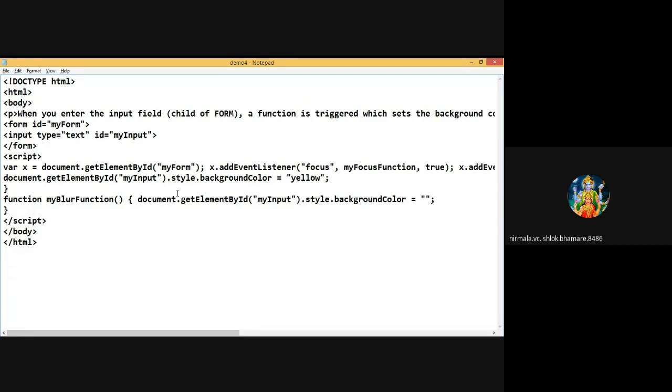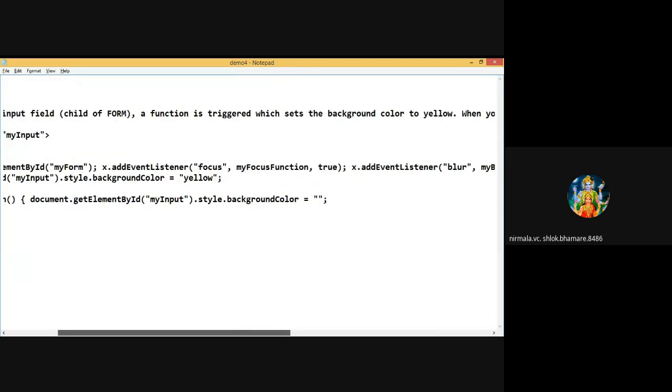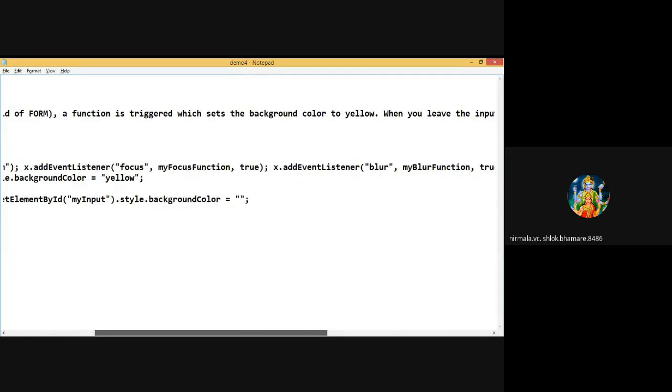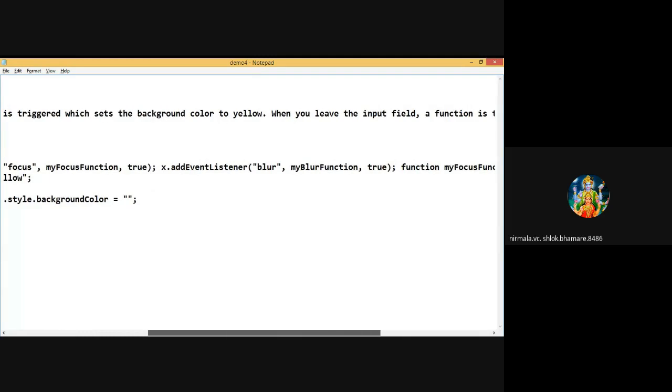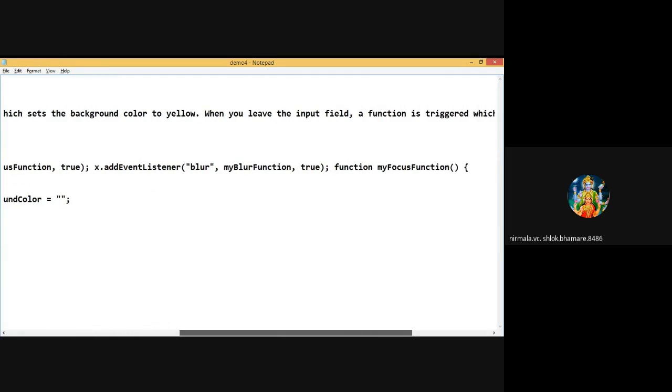Okay. So variable x is equal to document dot getElementById, x dot addEventListener focus, myFocusFunction, true, x dot addEventListener blur, myBlurFunction, true.